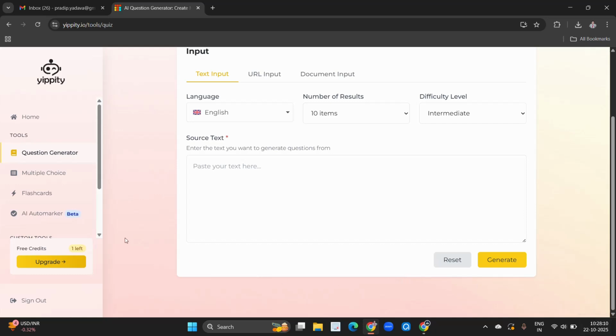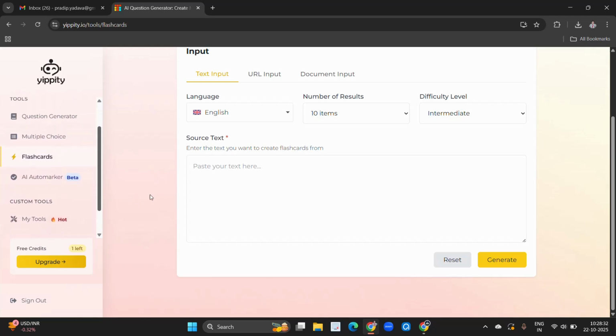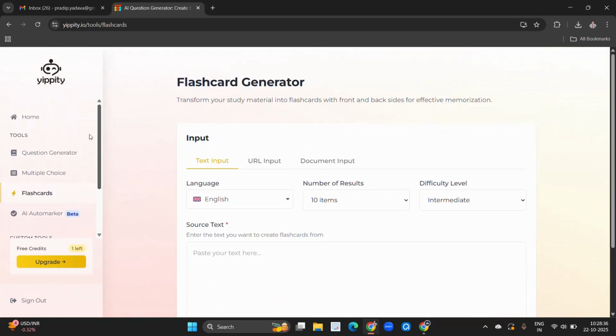Now here, just see, this is basically the dashboard. Here you can see free credit one, means one time you can work on this particular IPTI, and if you want to work many times then you have to take subscription. Now just see, which type of question generator, multiple choice.